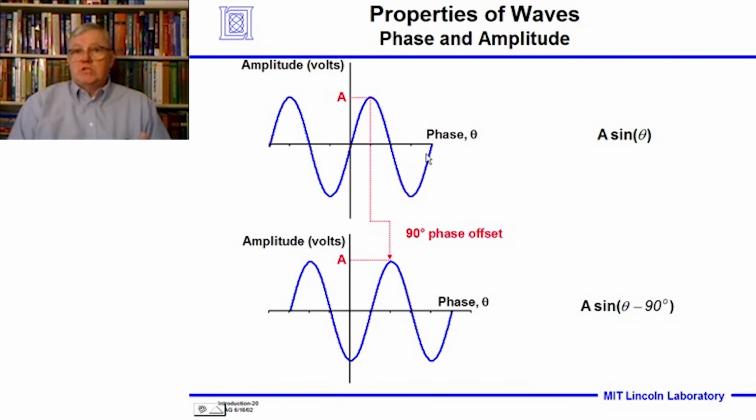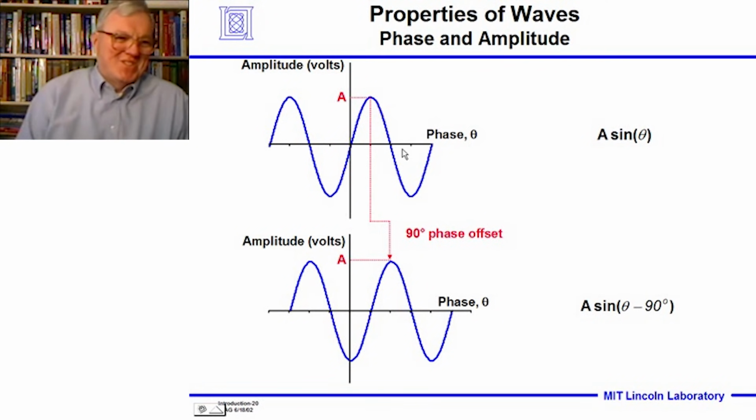For engineers, they think I'm going too slow. Lawyers are barely remembering this from their trigonometry, probably. Anyway,